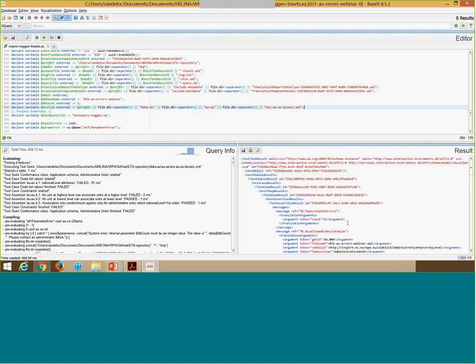Maybe to add to that, basically what you see in the editor is the XQuery. As Jon has mentioned earlier, the software supports different testing, and the reason for that is that the things that we want to test have different characteristics. For example, for the data tests, a data set may be tens of gigabytes in size. So you need a specific tool, and that's why we're using BaseX, which is an open source XML database.